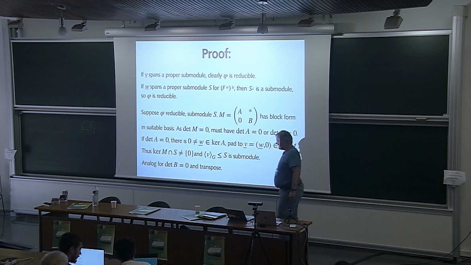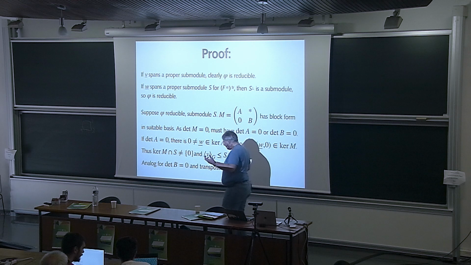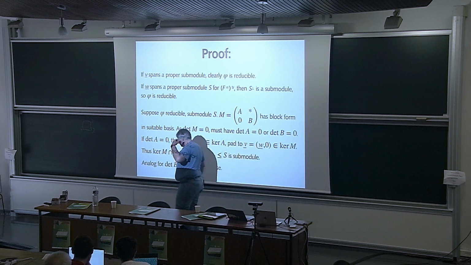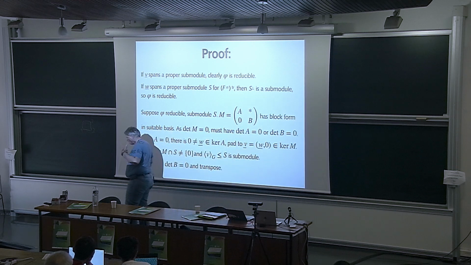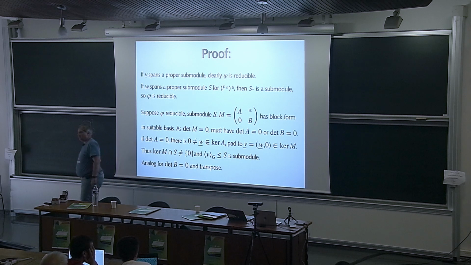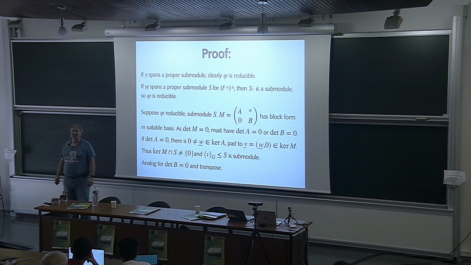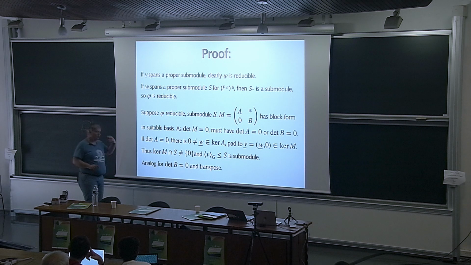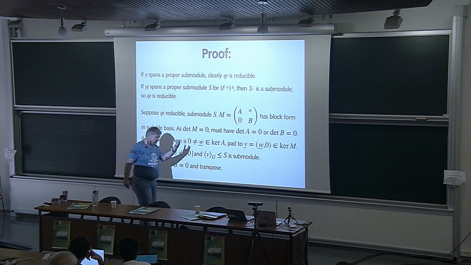The proof says I'm testing first whether I take certain vectors and I look at the submodules spanned by them. Well, if that submodule is a proper submodule, I found a proper submodule, the representation can't be irreducible. Done. The same with the transposed matrices and the dual module, then I find a proper submodule of the